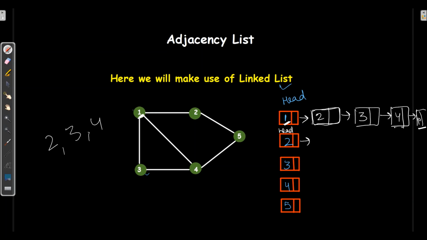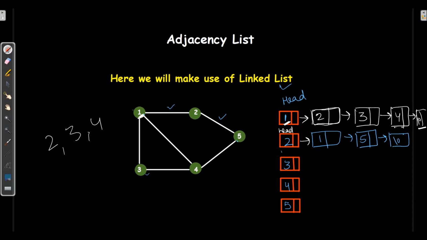For 2, if we see, there are 2 edges, 1 and 5. So I'll draw over here 1 and then 5, and at the end it will be attached to null, representing that linked list is ending over here.